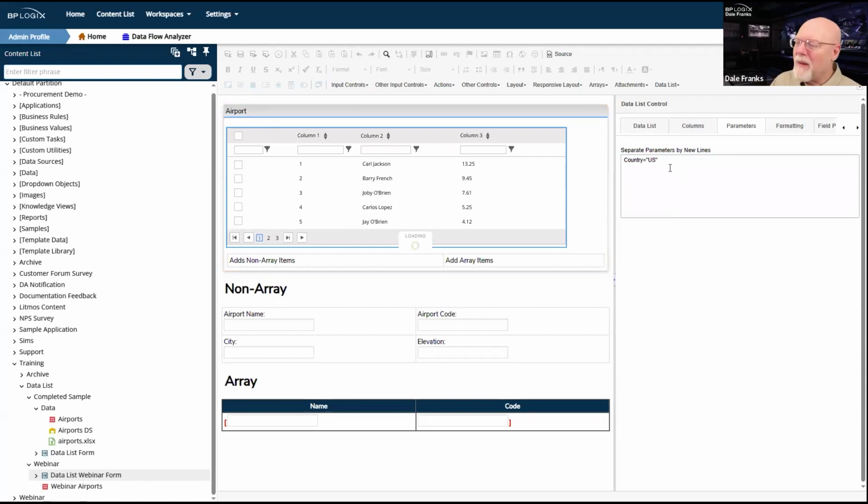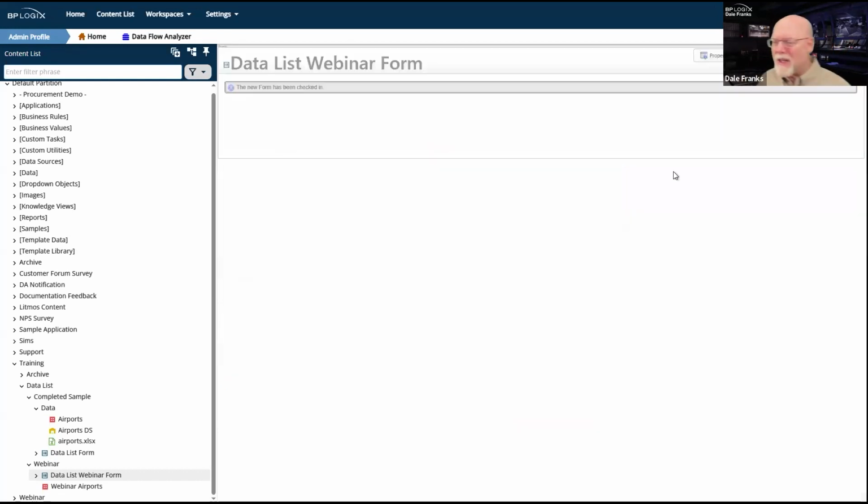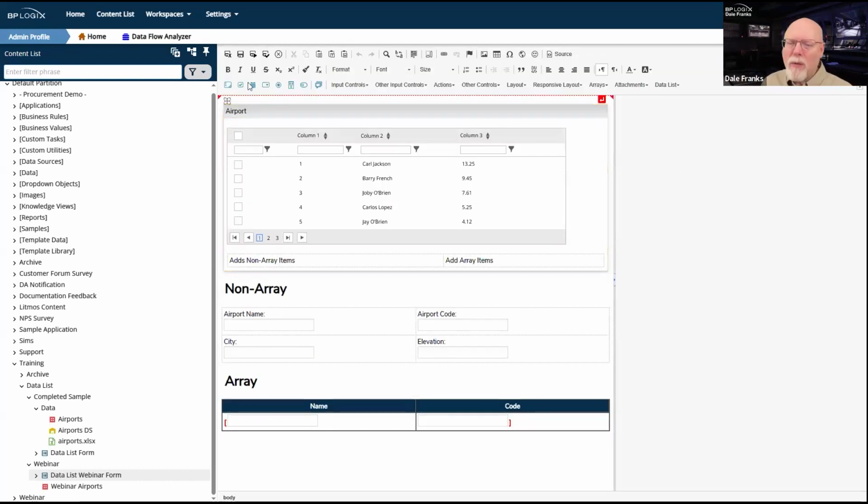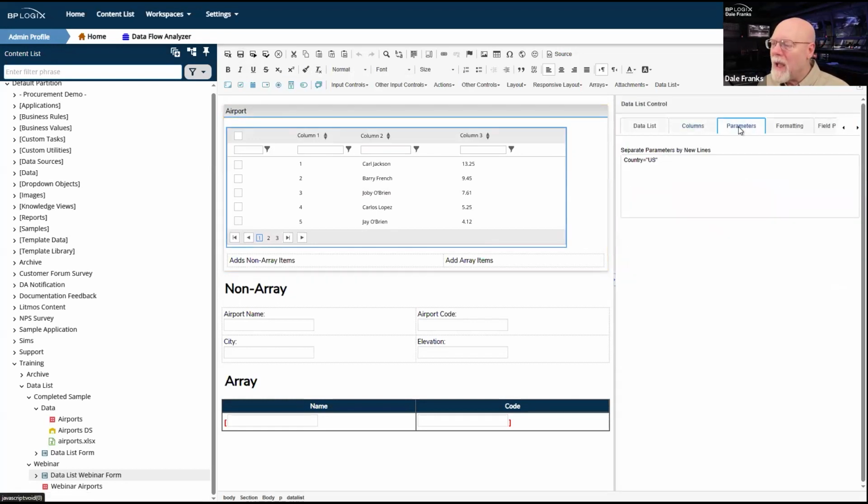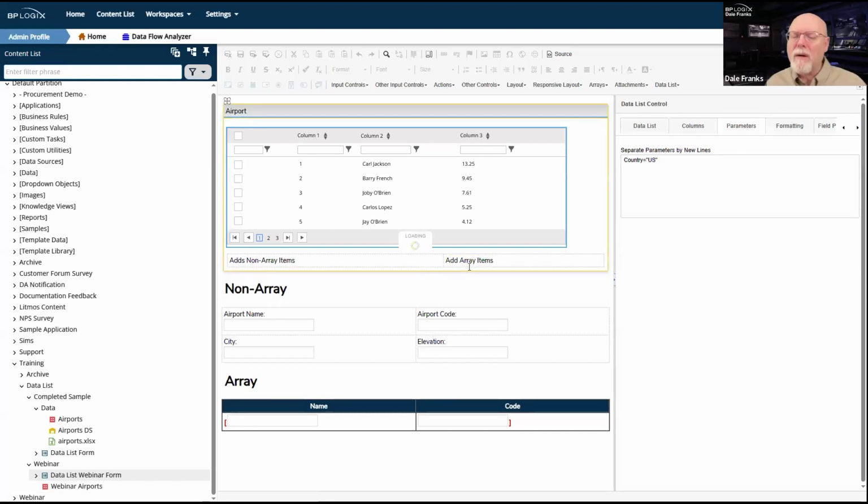Okay, so now that I've hard coded it again, I want to see what it shows me. Is it going to include these quotation marks as literals in the string, or is it just going to take the US? I don't know how it'll behave. So we've saved it. I've got my parameter there again. I hate it that it refreshes when it resaves. But we're going to go ahead and run the form, and let's see what it returns.